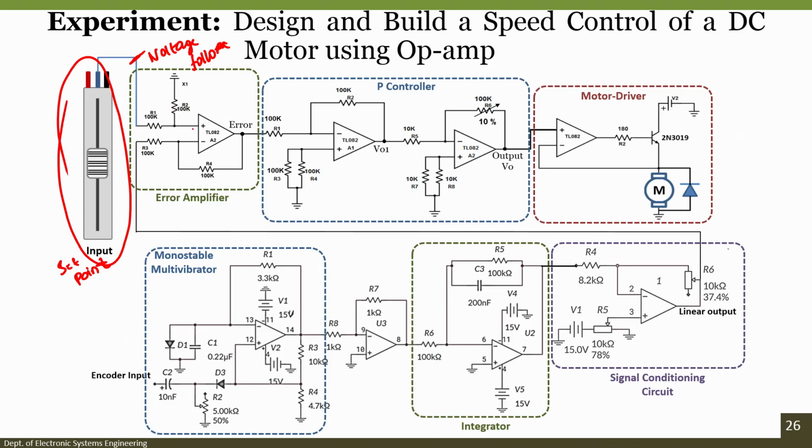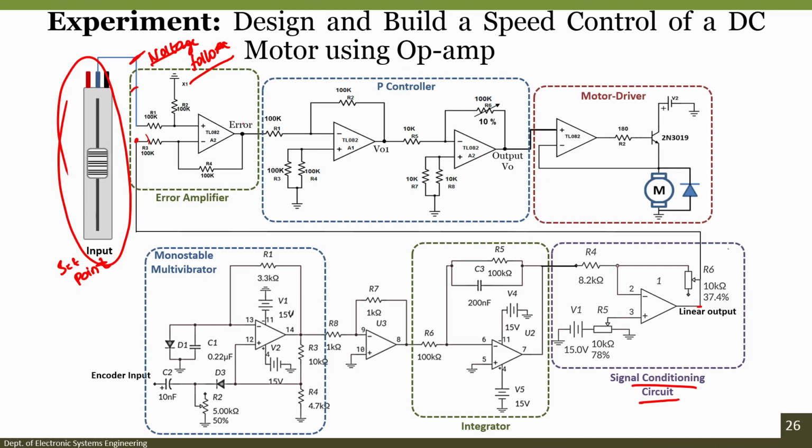So in order to avoid that loading effect, instead of directly connecting the output of the potentiometer to the input of the error amplifier, we used a voltage follower circuit. In this case I have not shown it to you, but in reality we have designed a voltage follower circuit on the board and connected the error amplifier to it. Then the other input of the error amplifier, if you see, is connected from the output of the signal conditioning circuit, the second stage of the signal conditioning circuit, right.